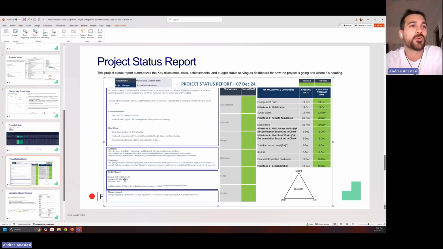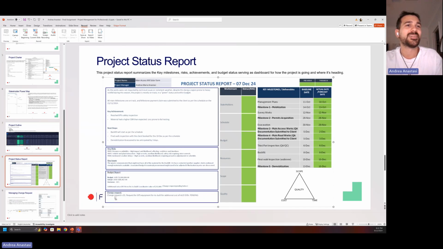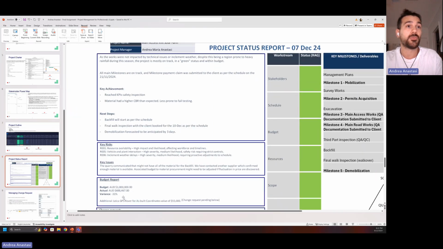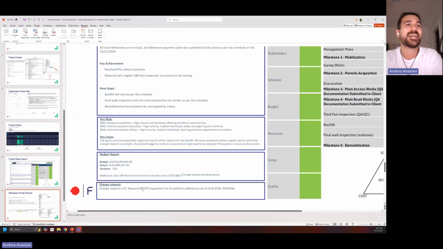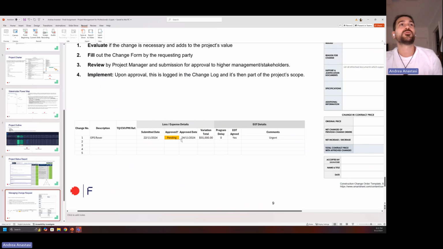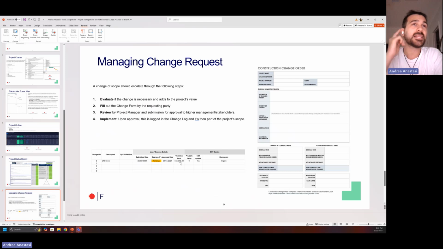We highlight the budget, including the variance and any provision in relation to the change request. Here, this is because there was a request by the team in relation to an upgrade, and we needed to buy more material. It's actually a tool of a certain value. It's pretty expensive, so this was managed as a change request. And for that, I move to the next slide,